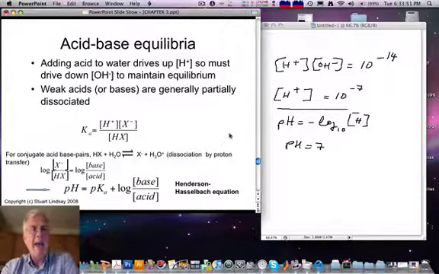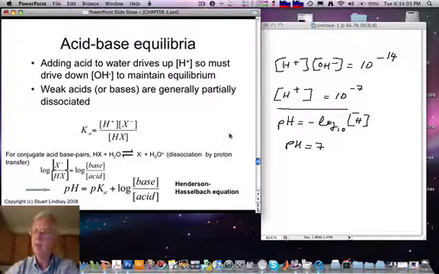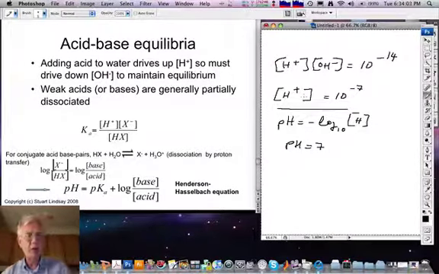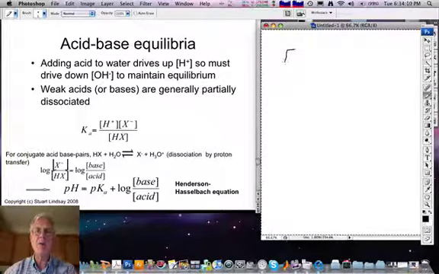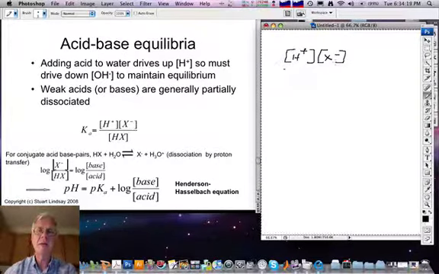Now, many acids do not dissociate fully when you add them to water. They partially dissociate, and the acid dissociation constant, which is shown here as K sub A, is given by the ratio of the dissociated products, which I'm going to show as H plus X minus all over HX,